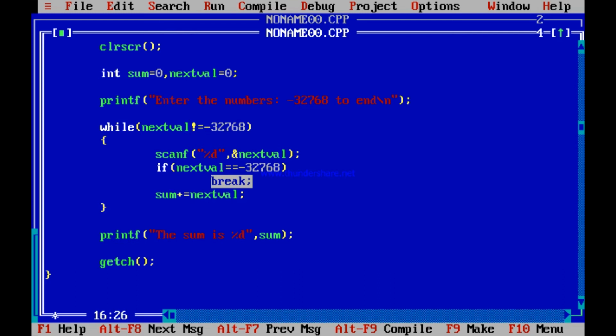It is not equal to minus 32768. Enters. Now it scans the first number 100. Say I will enter 3 numbers 100, 200, 300. So next val starts over here, not equal to minus 32768. Enters the loop. Scans next val, 100 is scanned, equal to minus 32768, false, comes over here, does not enter if, 100 added to sum, goes to start, 100 not equal to minus 32768, comes over here, 200 is scanned, 200 equal to minus 32768, false, does not enter if, goes over here,